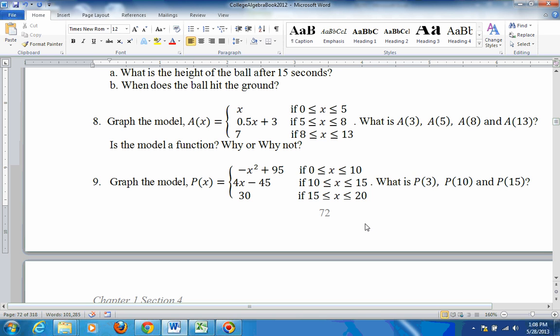Well, p of 3, you look where the 3 falls. Okay, this is an x value. P of 3 means p of x. The 3 is going in for x. Which one of these 3 things do we use, the top, middle, or the bottom? Well, 3 is between 0 and 10, so we would use the top one. You put 3 in for x, so that would be 3 squared,